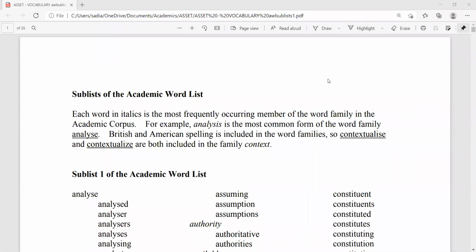Hello students, this is a word list of academic vocabulary, and if you're preparing for the ASET examination or your CBSE examination or any other competency exam or benchmark examinations, or you're appearing for any of the tests, academic vocabulary or word list is essential. This particular series comprises sublist 1 to 10, and in this video you will see sublist 1, and I'll